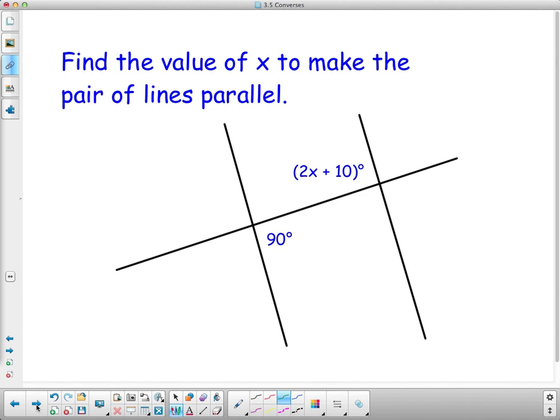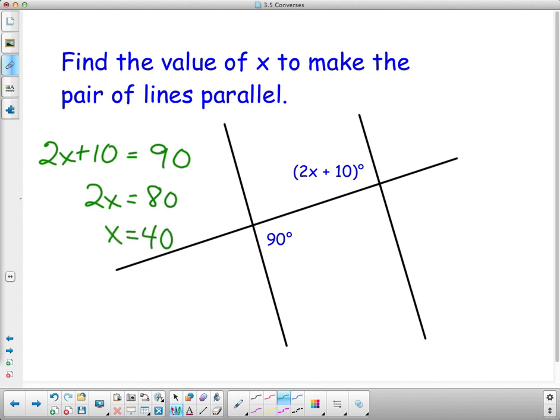Okay, how did you set it up, Mitch? 2x plus 10 equals 90. Okay, so you're making them equal, and you ended up with x being 40? Yep. And how many got that one right? Two hands up. Okay, I think on the construction